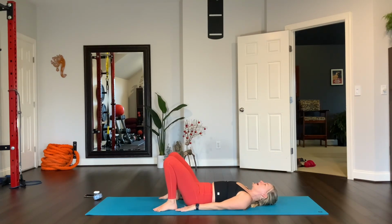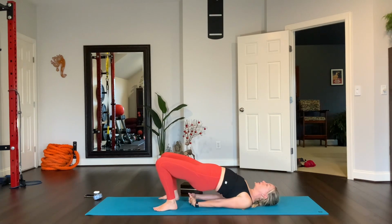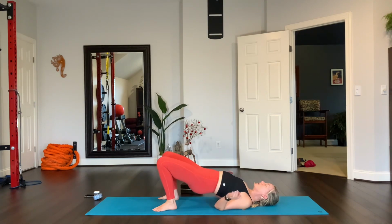Palms on the floor. Abs in, like you're going to press your back into the floor, but don't over tilt the pelvis. It's hard to lift up whenever you're really, really tucked under the pelvis, okay? So it's just a slight contraction, and then you're going to lift up right there. That should be a very comfortable bridge or glute bridge pose. And maybe you can bring your palms together underneath your body, and then wiggle your arms underneath you, and breathe. And hold for 10. 9, 8, 7, 6, lift higher, 5, 4, 3, 2, and then 1, and then lower,